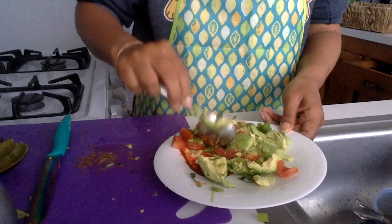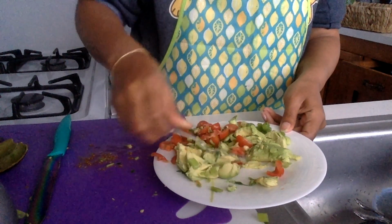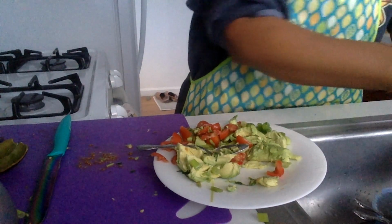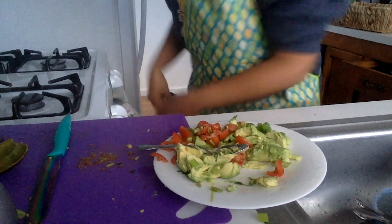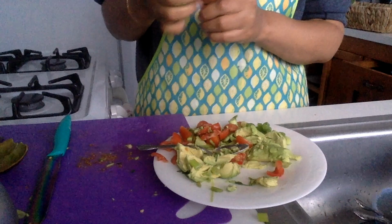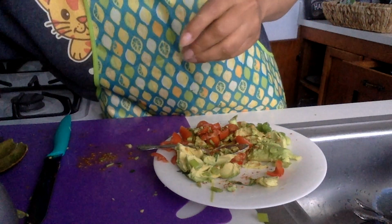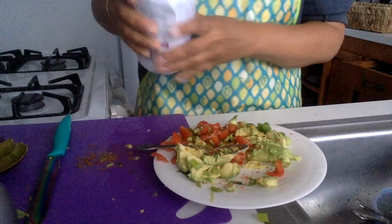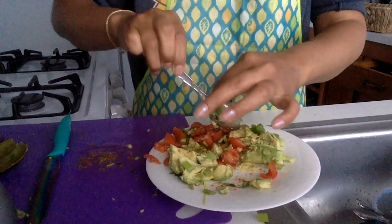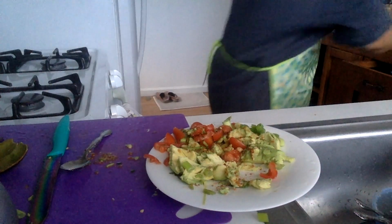And garlic, you don't want to use fresh garlic because actually it's too astringent for the guacamole. So you could use a dried garlic if you have it, or you could use a garlic salt. I think I have a garlic salt here. I've got a roasted garlic salt, so I'm just going to sprinkle that on. Things like paprika, chili, that can be also added optionally, and then just a touch of salt, not too much because I don't want this to be overpoweringly salty. And I might grab a fork because I don't think this spoon is really mashing it up together. But like I said, some people like it chunky,